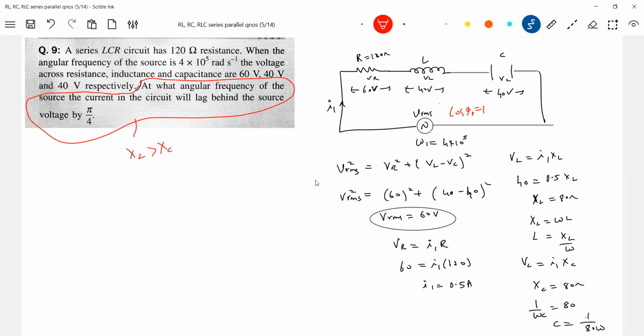XL and XC will be equal and opposite. You do one thing, calculate XL equal to XC, what we are getting. They'll be equal and opposite, so the power factor is unity. Now what is being asked? The power factor should not be unity. It should become, now XL should become greater than XC. What is that angular frequency being asked? So I'll take help of this one. So the circuit will be now,